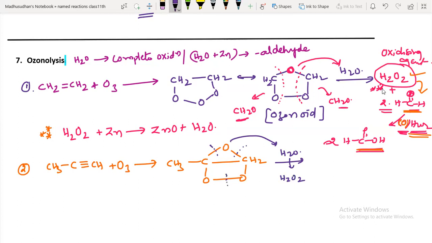Here also the bond will break. So what is the product on this side? CH3, C double bond O, this oxygen I am writing. And one CC bond is already there. This is not going to break in the first step. So C double bond O, CH3 is forming now. C double bond O, OH. This is CH2O. One second.